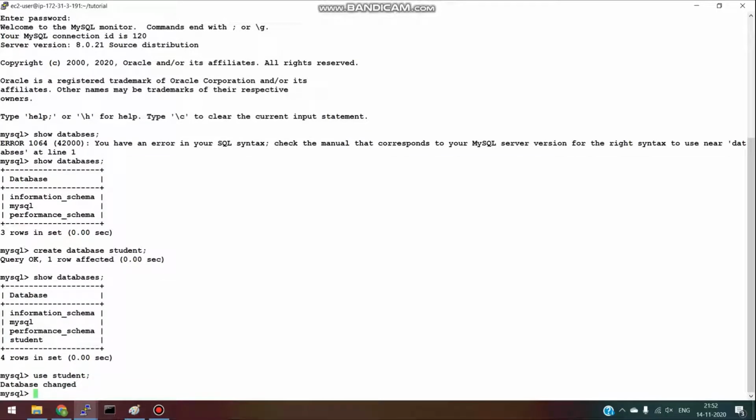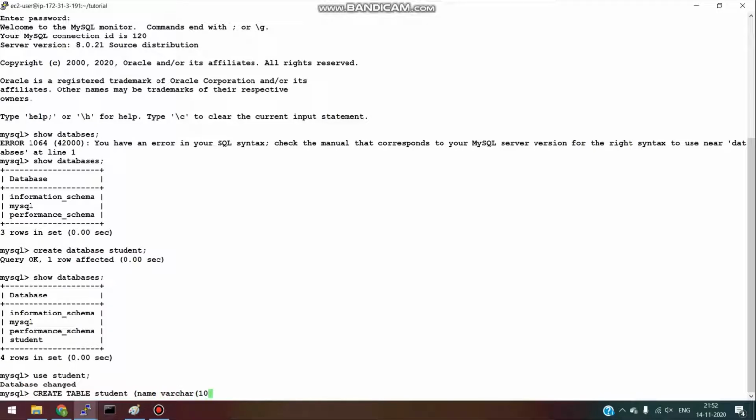Now we will create a table inside this student database. Suppose we will create a student table with the same name as the database. Or you can choose this name yourself, any name you want. I will take three fields, name, age and roll number.